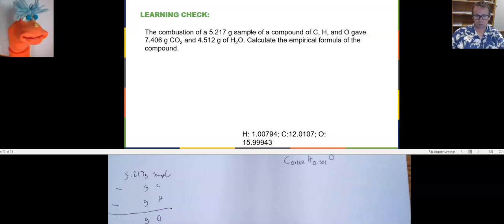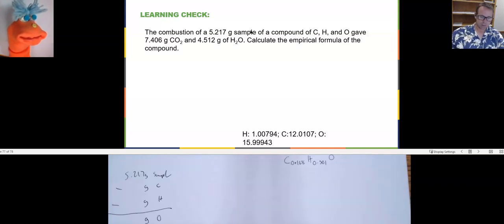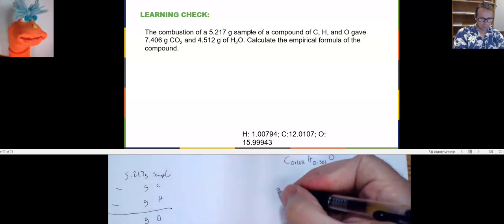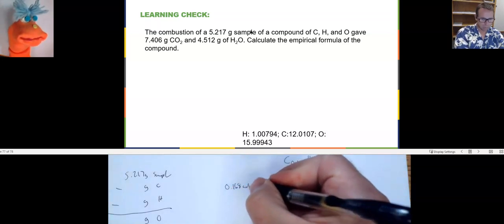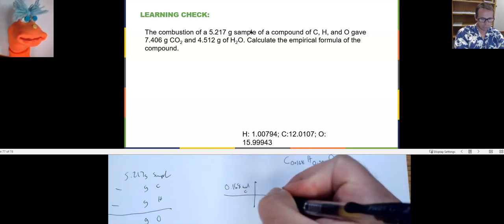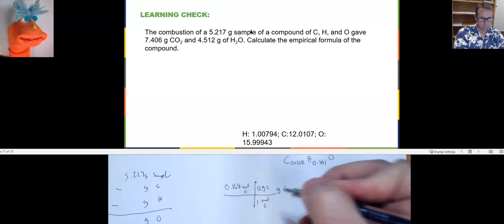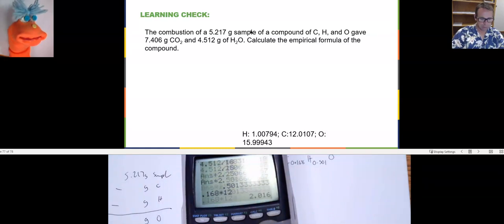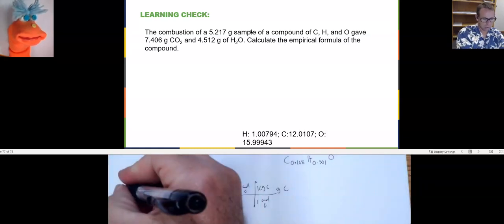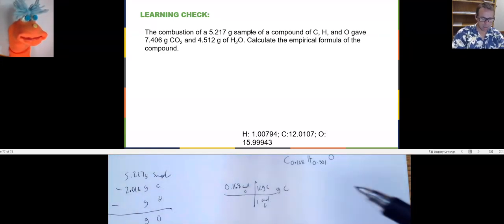We don't have the grams of carbon, but we do have the moles of carbon, 0.168. So I can get the grams of carbon by taking 0.168 moles of carbon and going from moles of carbon to grams of carbon. So 12 grams is 1 mole. So 0.168 times 12, I got 2.016 grams of carbon. I can do the same thing with hydrogen,